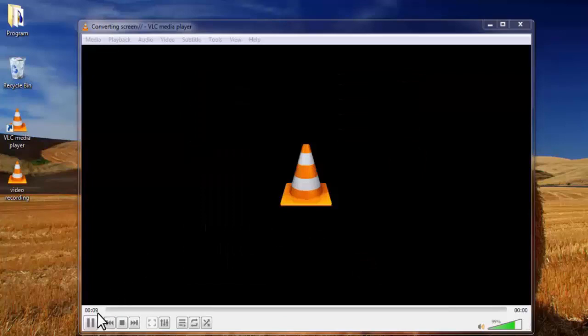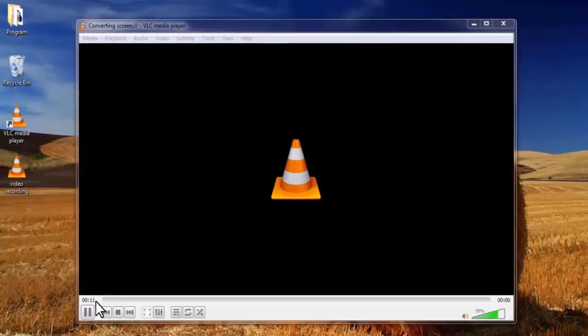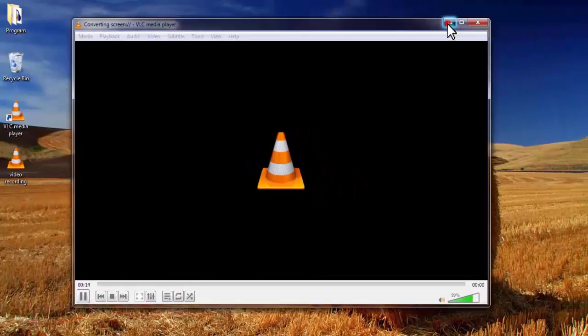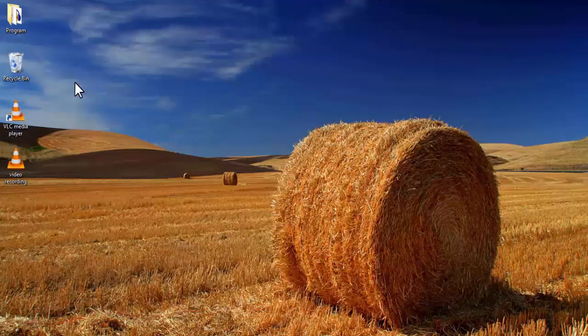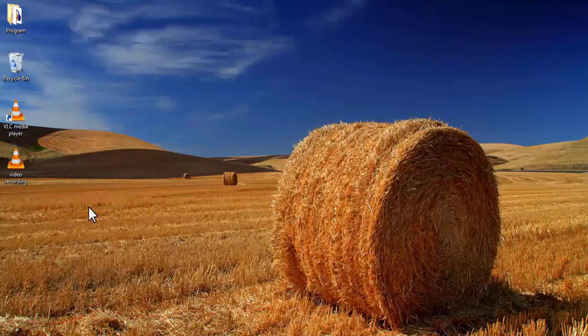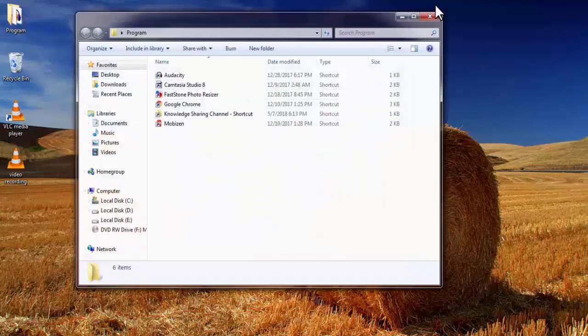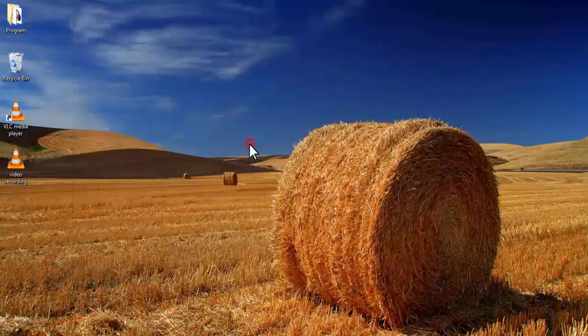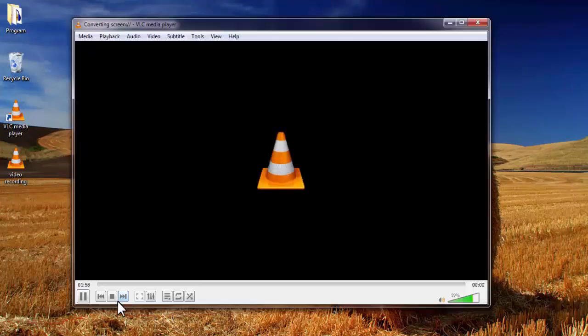Now as you can see, desktop recording is started on my computer. Now click on the Stop button to stop the recording.